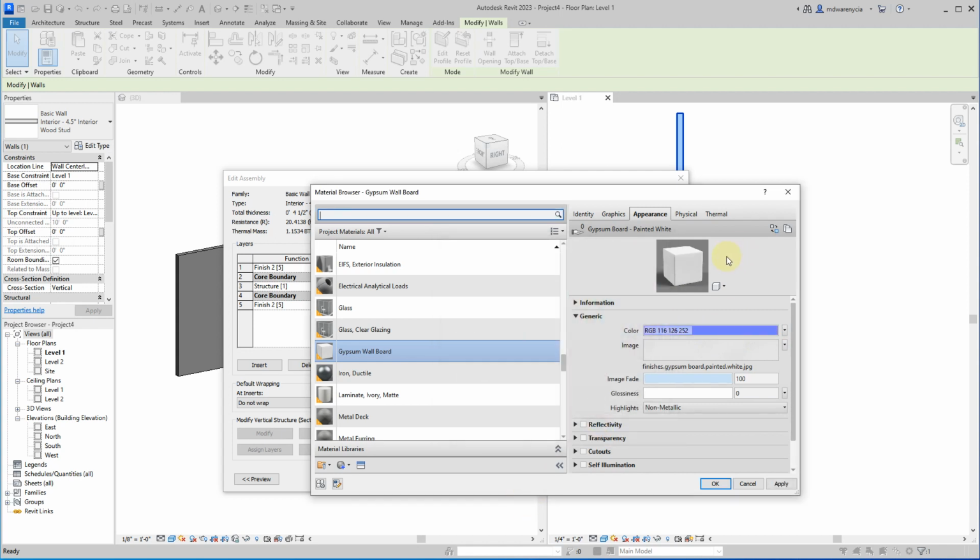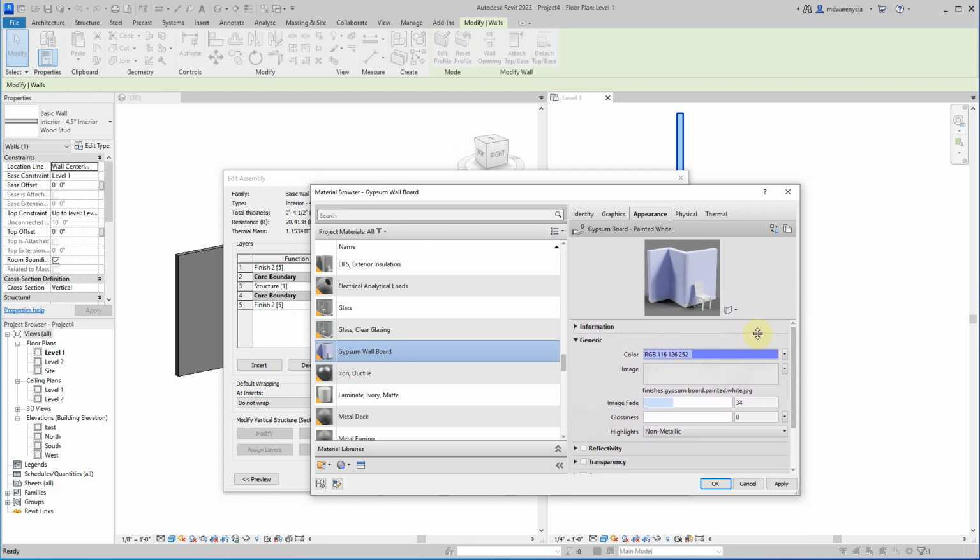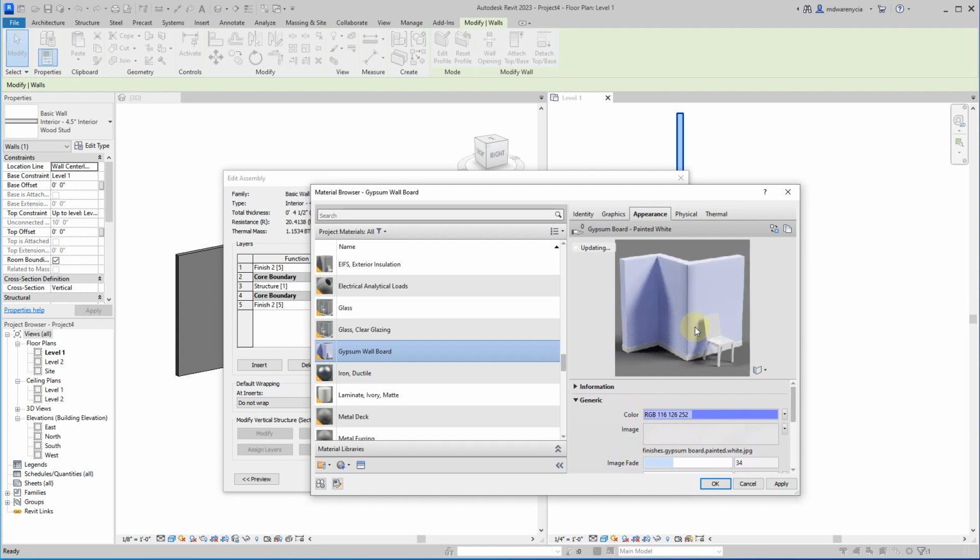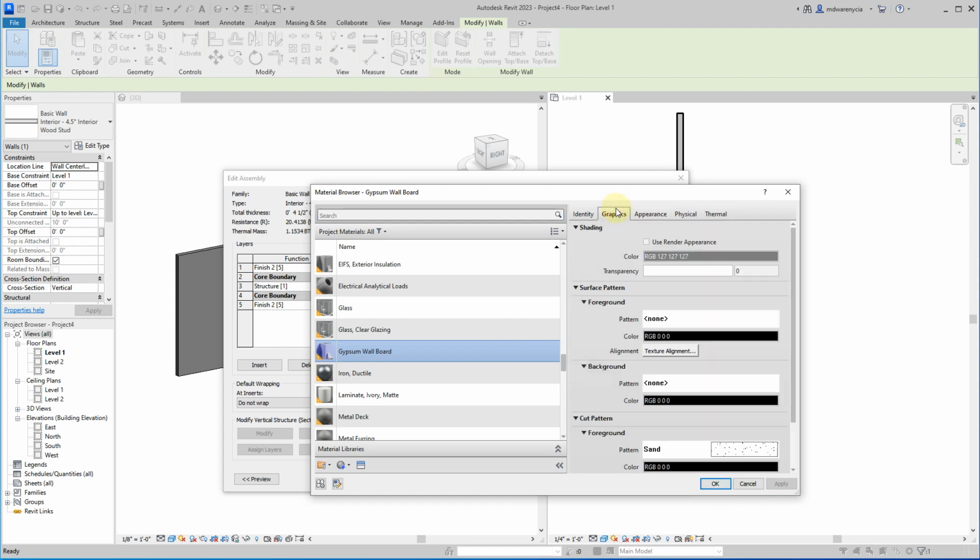So if I change that to a blue wall, and then we do an image fade here a little bit, you can see that that wall turns out blue. It's got some other settings here where you can do walls, and it'll render this in a more realistic way, and you can drag this section down to see that in a better light. So that's what that color would look like in a more realistic setting. And if I take this all the way down, we'll get kind of a purer hue there. So I just made that color change here. So I hit apply, and I go, let's see, graphics, use render appearance, apply,